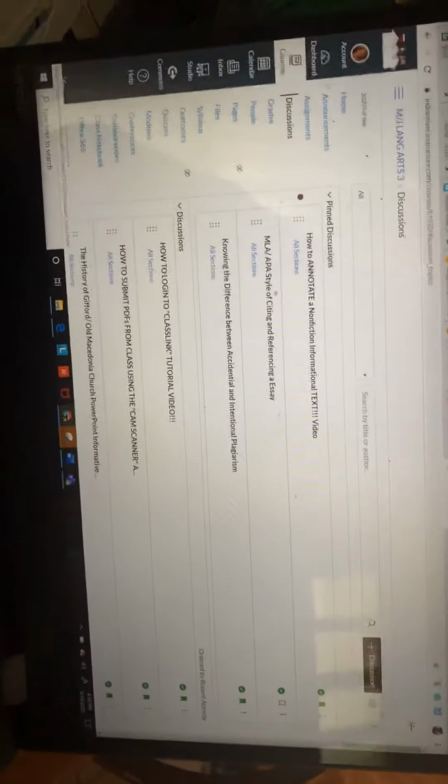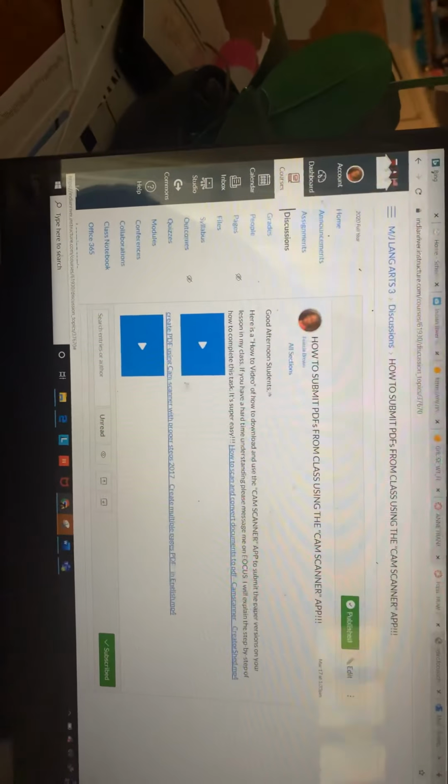Once you go to your discussion tab, I want you to look at how to submit PDFs from class using the scanner. You can look at these simple little how-to videos on how to submit your documents that Ms. Brown asked you to print out.